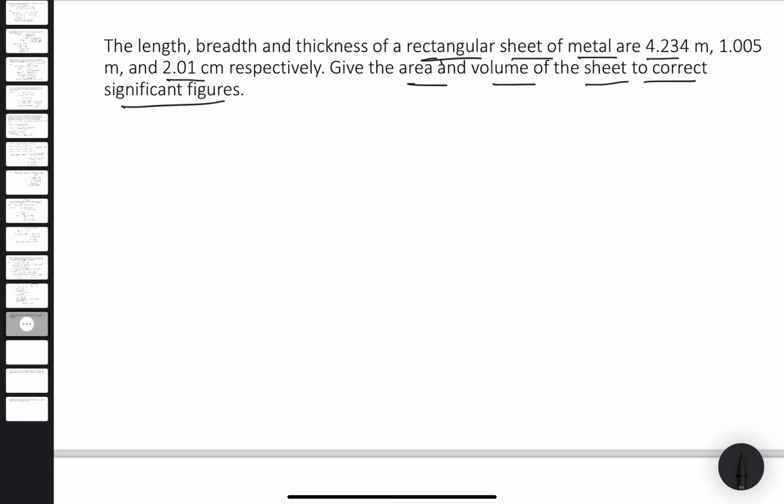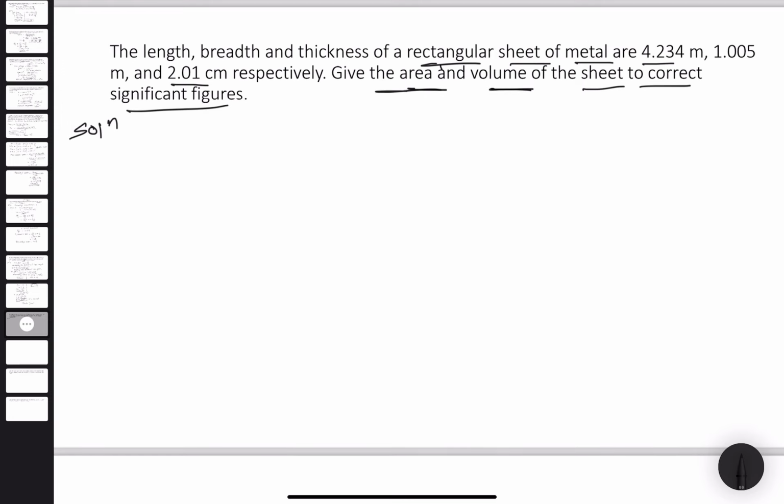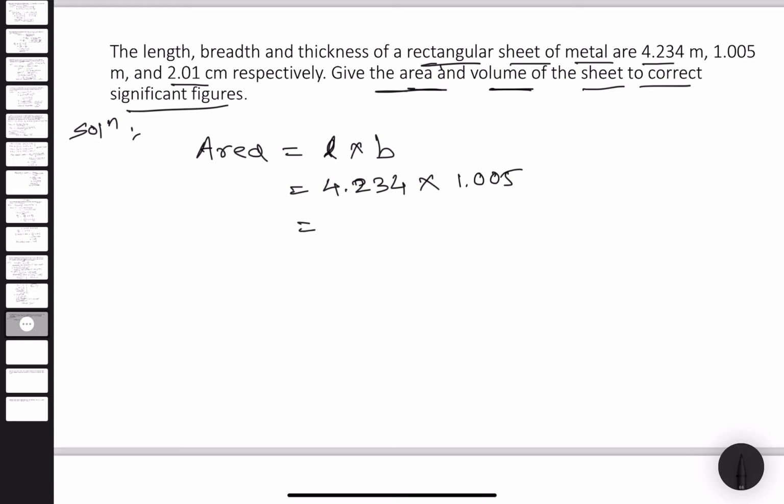Okay, so we have given the length, breadth and thickness of a rectangular sheet. So we have to calculate the area and volume. So okay, first we will calculate the area. So we know the formula of area, that is length into breadth. So length is given, that is 4.234 into breadth is 1.005. If we calculate this, we will get